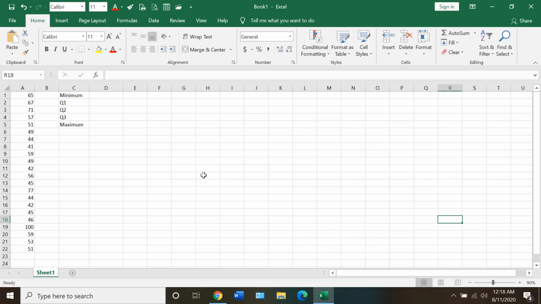We want to find the 5-number summary using Excel. So I already entered the data in the absent problem, and I want to find the 5-number summary: minimum, Q1, Q2, Q3, and maximum. If you want to arrange these numbers, you can highlight column A, click on the letter A,